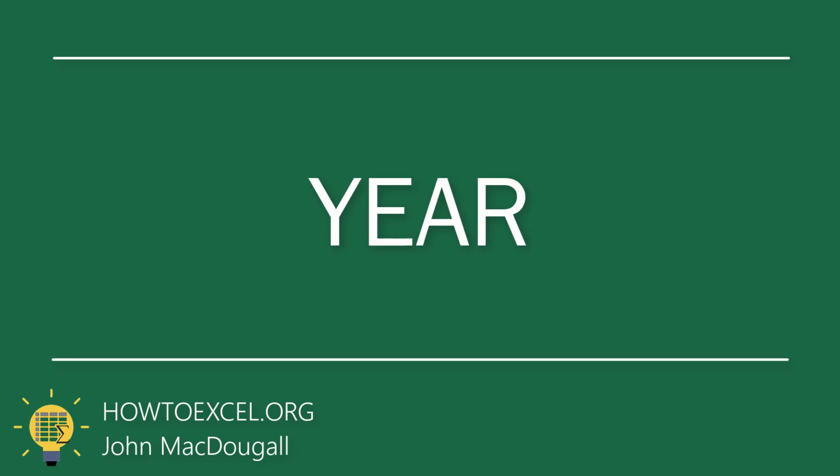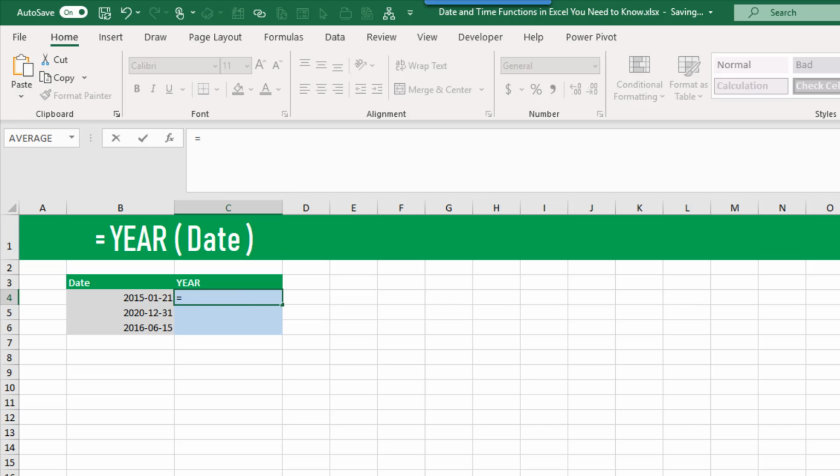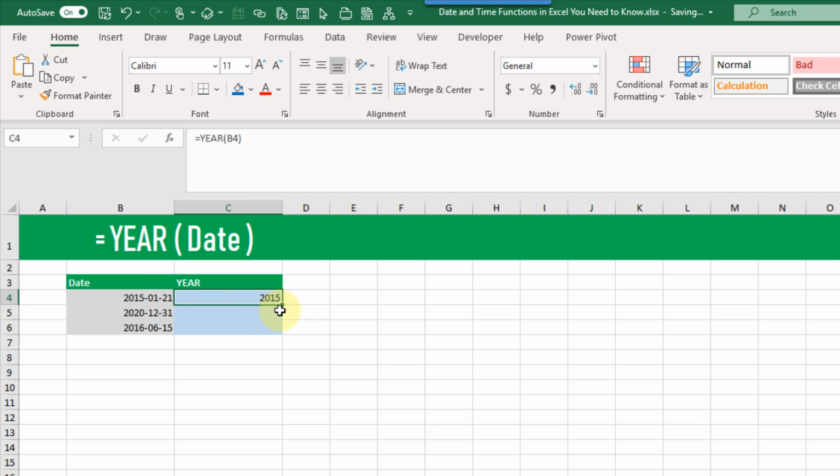Next up is the year function. This is going to allow us to extract the year part of a date. Let's check it out. The year function has one argument. It just takes a date value. Let's press enter, and you can see that I get the year returned here. From the date 2015, January 21st, I just get the 2015 value returned. Let's copy that down. You can see here we get 2020 from our 2020 date,